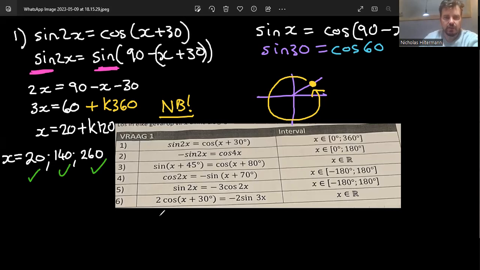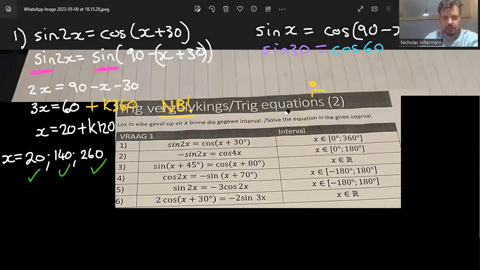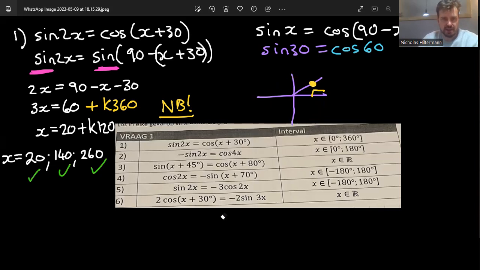Now the slightly trickier one to understand is that there's a second set of answers here. That is to do with the fact that